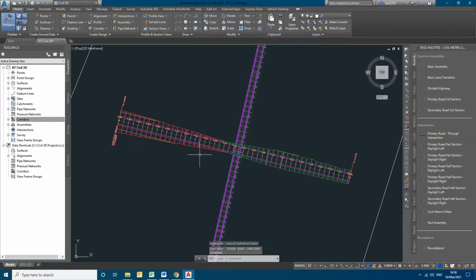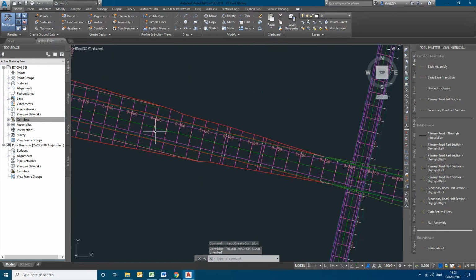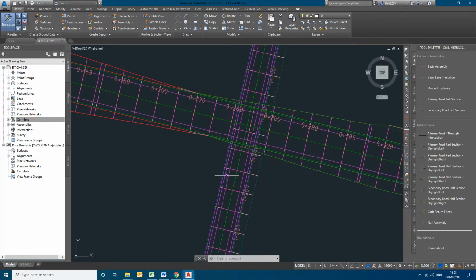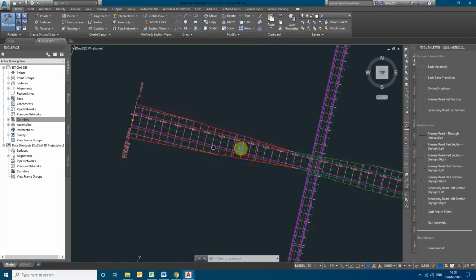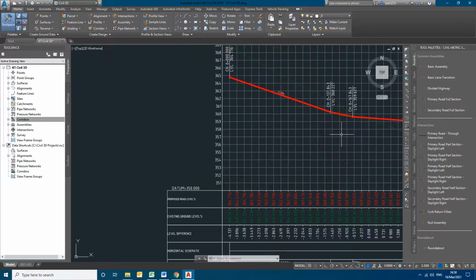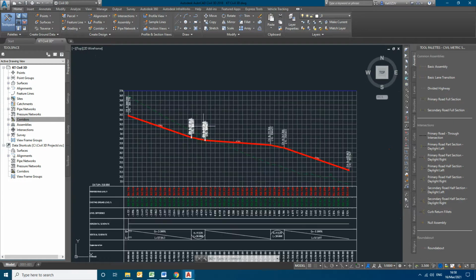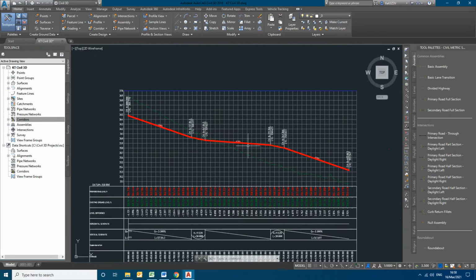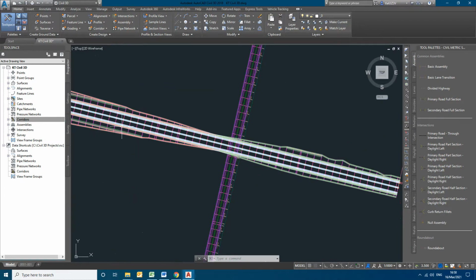So you can see here, half the road, as I said, will be into the cutting, and half the road will be into the filling. While doing the profile itself, I had a clear picture of how the cutting will be, how the filling will be. You can see here, almost one third of the road. So almost 60% of the road is into the filling, 60% of the road is into the cutting here. A similar fashion has been followed even here also.